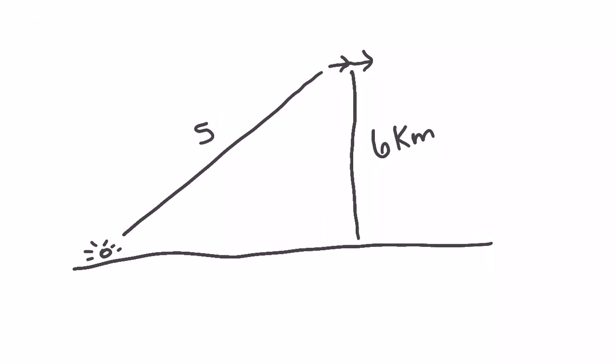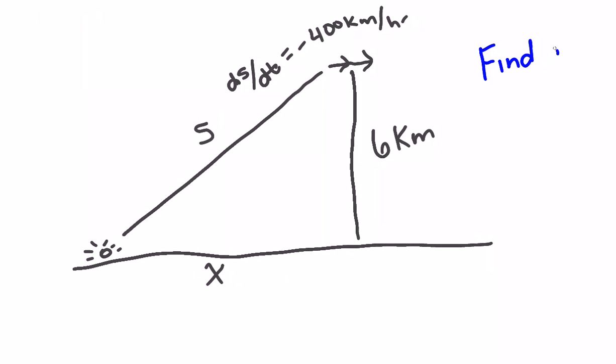Okay, so they said that it's decreasing, so ds dt is negative 400 kilometers per hour. And they want us to find the horizontal speed of the plane. So if we call this distance down here x, okay, so this distance on the ground is x. We're trying to find dx dt when